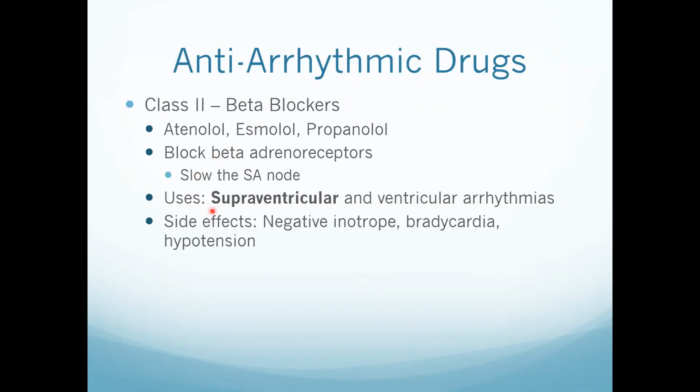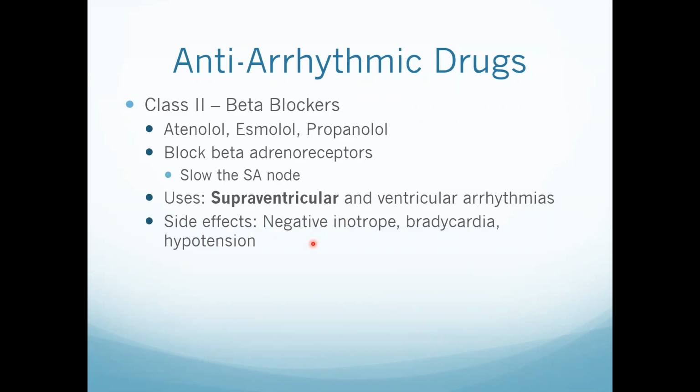So primarily, we're going to use those for supraventricular arrhythmias because they're going to work best on the SA node and the AV node. Side effects we might see, because they're blocking adrenal receptors, they're going to be negative inotropes. So if we have patients with severe cardiac disease, we want to try and avoid these drugs if possible, because